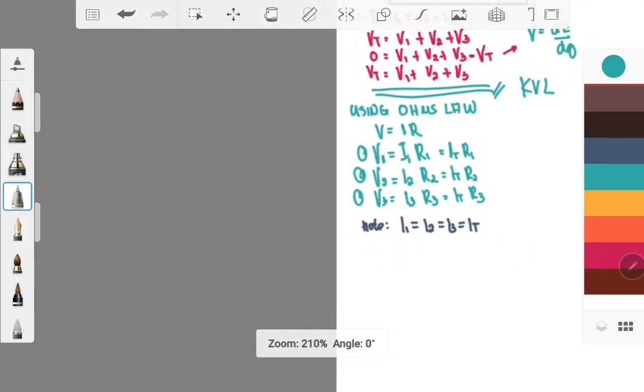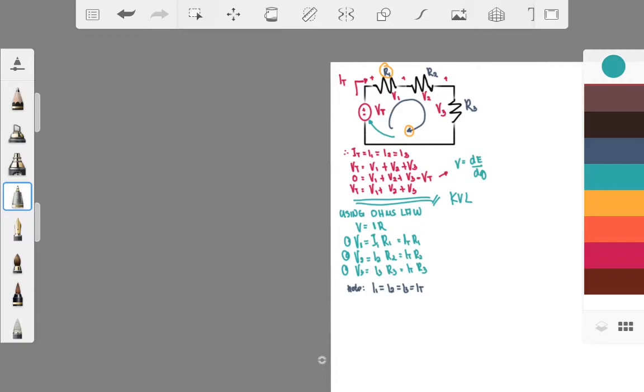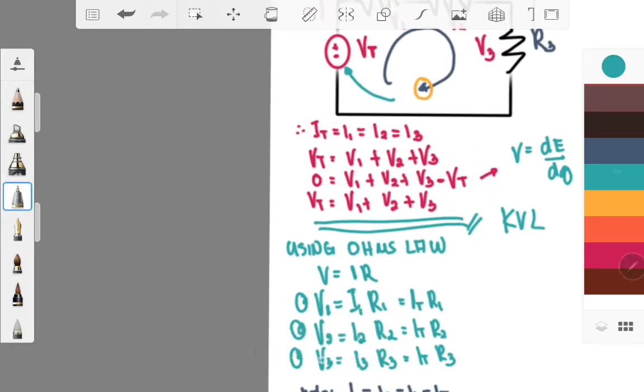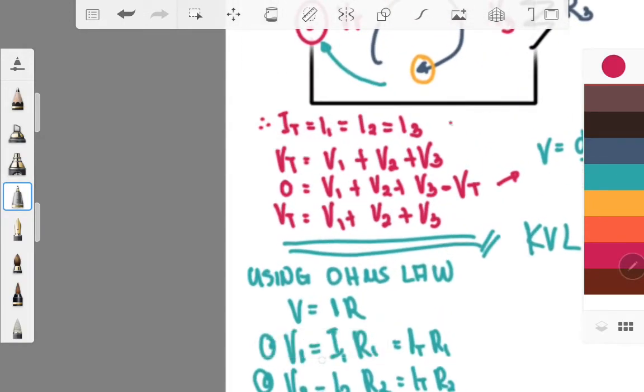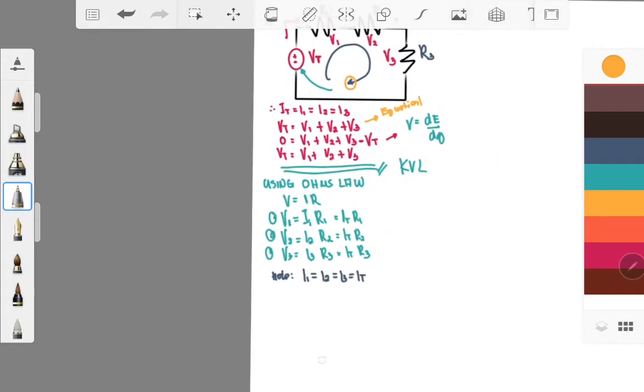So therefore, using your KVL, let's say this will be your equation 1. So papalitan ko lang yung kulay para hindi kayo malito. Equation 1. So substituting these values to your equation 1,